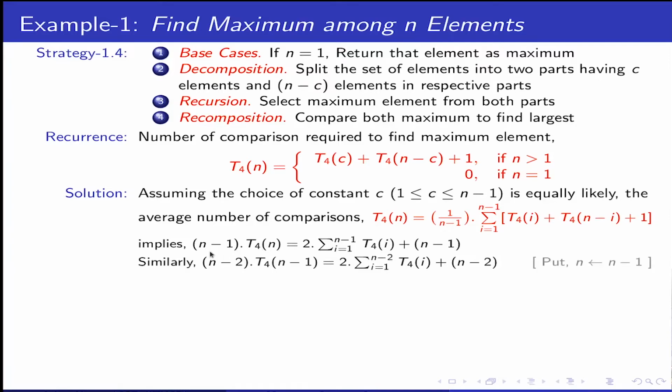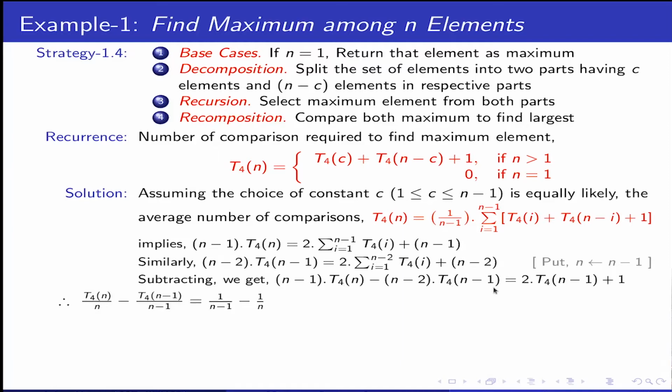I replace n with n minus 1, I get this one. I replace n with n minus 1, this n minus 1, this n minus 1, n minus 2, this n minus 1, n minus 2. Now I will subtract the first one from the second. This first one minus this one, so this will give me this. Apart from this, the side will be 1. This term is the n plus 1th term, in the first there is more, 2 into that. So it will just give me this. If you simplify this, there are 2 T(n) depends on T(n minus 1) and simplify.